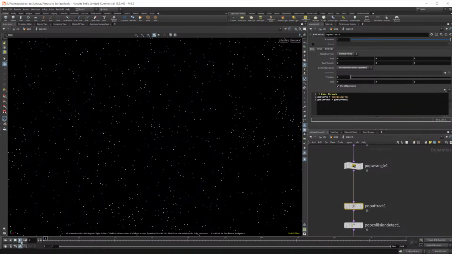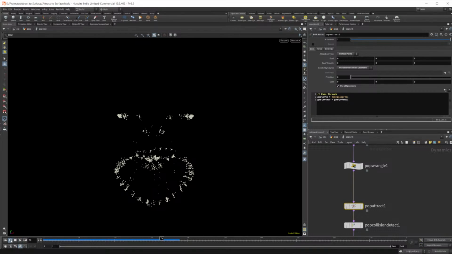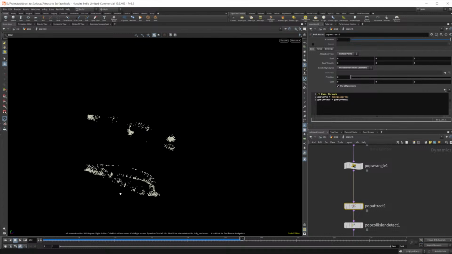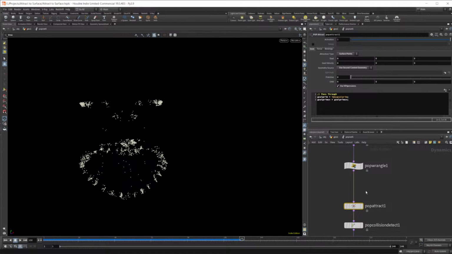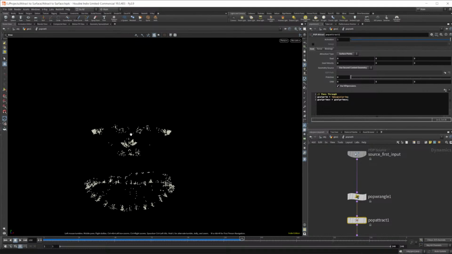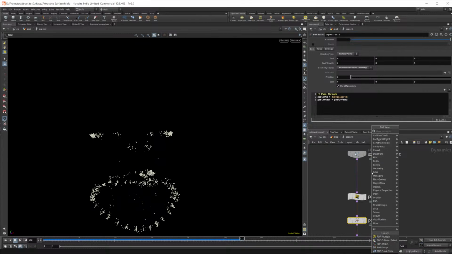If I take a look at this, you're gonna see that hopefully, yeah, they all go towards kind of the closest point on the geometry here, which ends up being kind of the ears and the extremities of the object for the most part. So the only thing that's left to get something that looks not like garbage, where it's just clumping all these points together, is to drop down a pop wind,